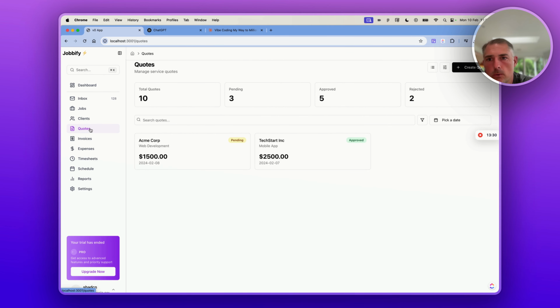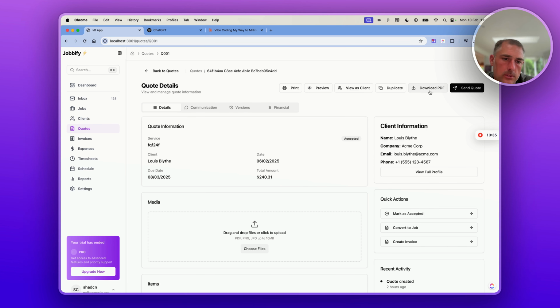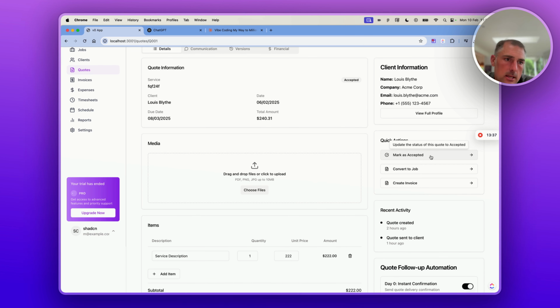Let's go back to client. No, let's go back to quote. Quote. Send quote, download as PDF. You can mark it as accepted on behalf of the customer. You can convert it to a job, and you can create an invoice. So if you accept it,